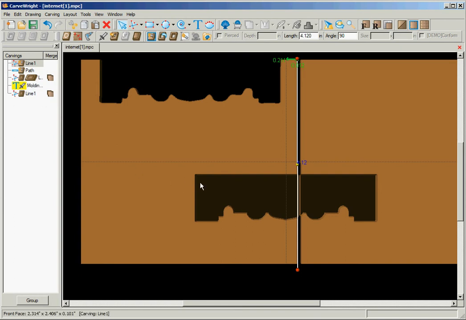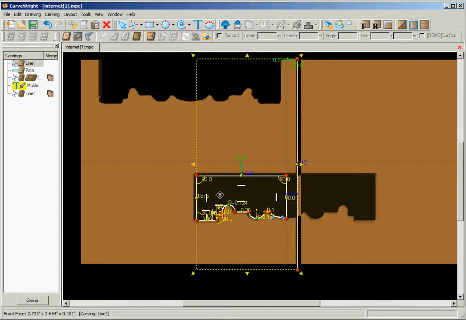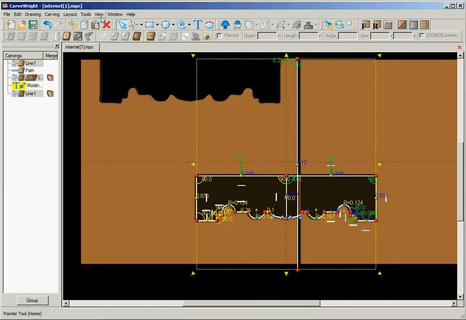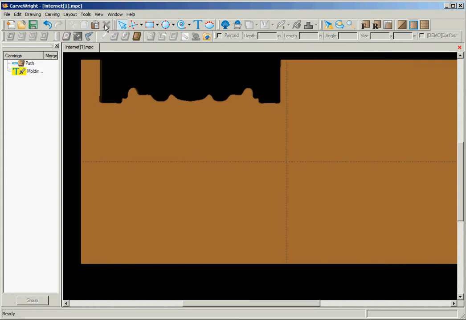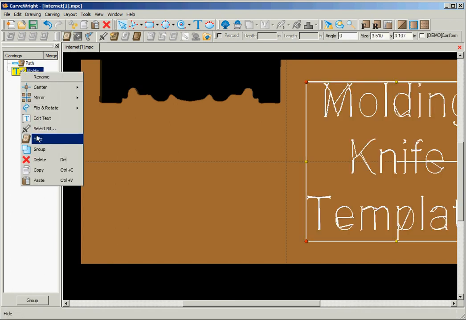So now, if I'm totally satisfied with this, I can click on these and get rid of them. Or I can just remove all of the cuttings and leave them there in case I want to come back to them later after I've done my test project and it works okay. Then I can get rid of that if I want. But by doing all of that,